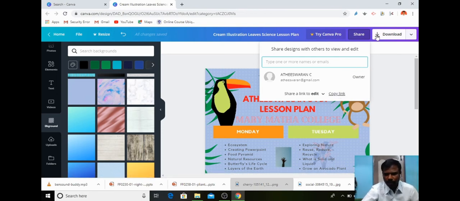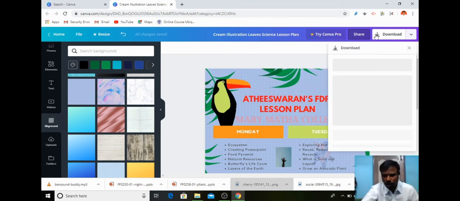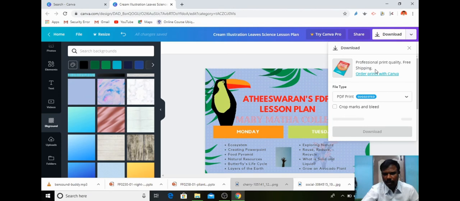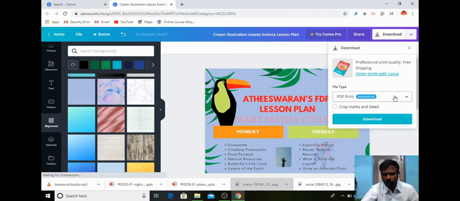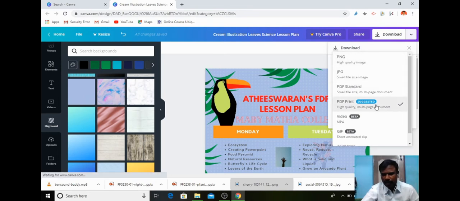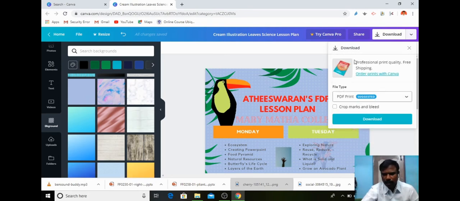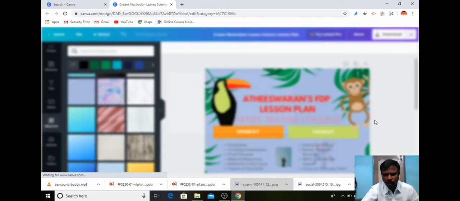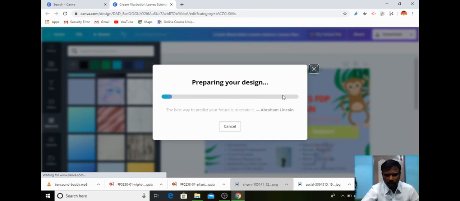Or if I want to download the soft copy to my local computer, you can use this download option, and it will ask the file type, whether you are going to download as a PDF or JPG or PNG. So I can select the file type, PDF, it is the preferred one. So click download. The particular design will be prepared and downloaded to your computer.